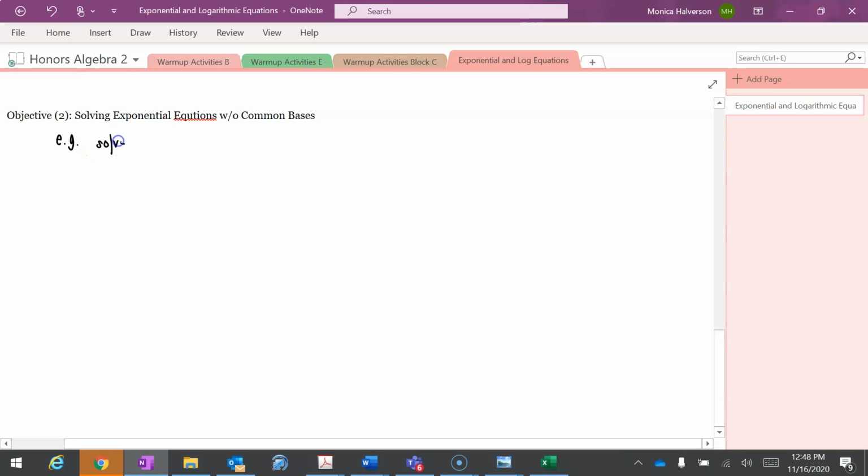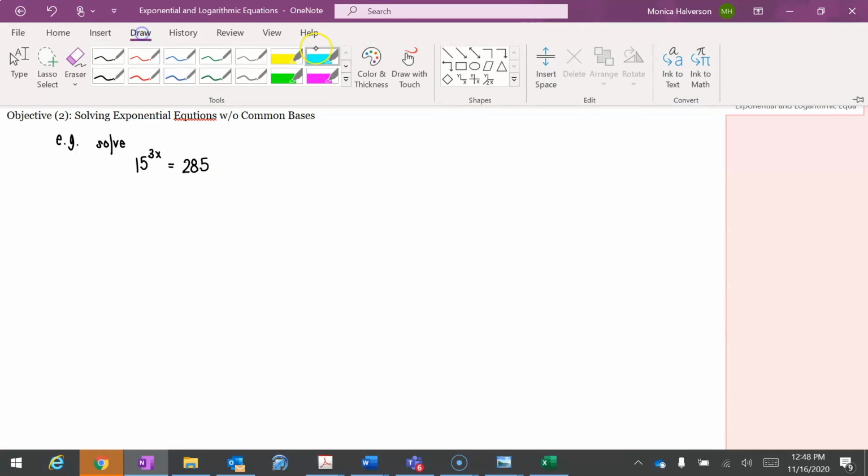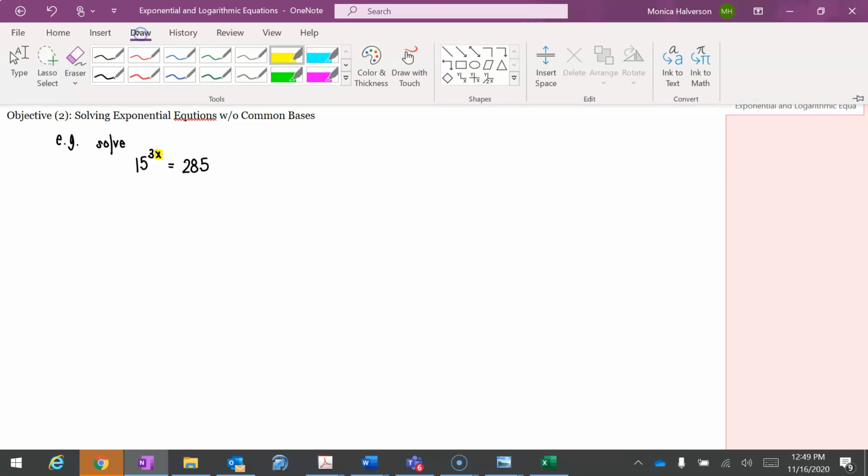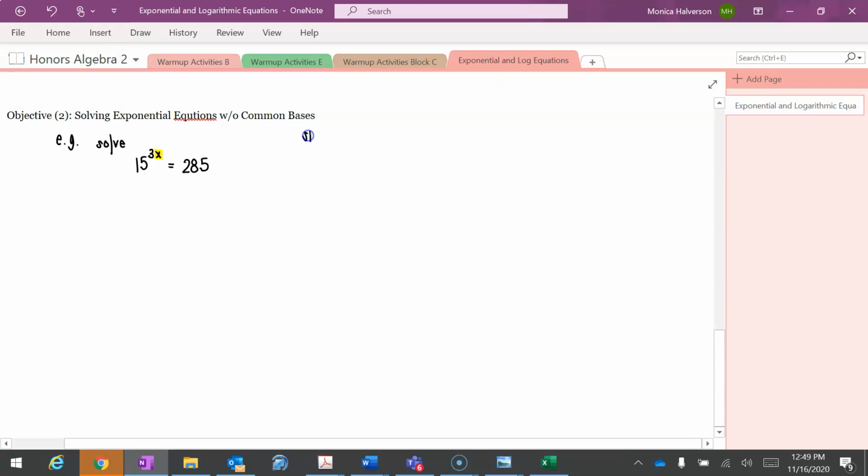Solve 15 to the 3x equals 285. Now, once again, what we're solving for is x, and it's located in the exponent. All right, and that makes it difficult because we can't just move it out of the exponent. It's not possible. So we do what we did before, and we always ask for step 1, can you rewrite